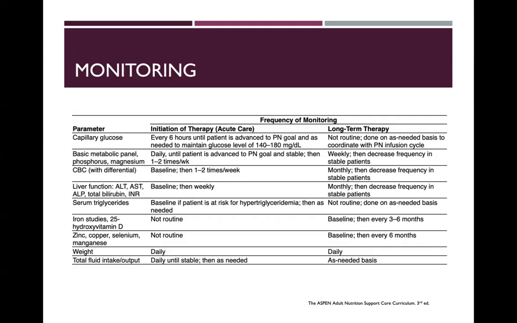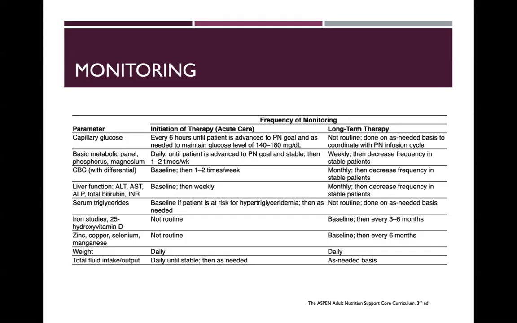So similarly here in parenteral nutrition, there are several things that we're going to look at to make sure that we are doing exactly what we set out to do by giving the patient parenteral nutrition. First thing we're going to look at is capillary glucose or blood glucose in general, which should make sense because we're giving the patient a lot of carbohydrates. You want to make sure that you are giving them just enough, not too much to induce hyperglycemia, and not too little to induce hypoglycemia, which both can happen. So the frequency of monitoring at initiation of therapy and long-term therapy, I don't want you to know all that information. That's too much to know at this point, but just understand, okay, yeah, we monitor blood glucose to prevent